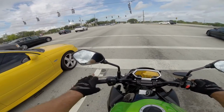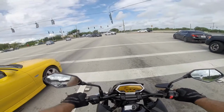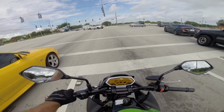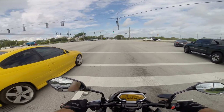I just realized one of the things I wanted to say. Their starting price on this one, it's got 2,500 miles, and they want the same amount of money as